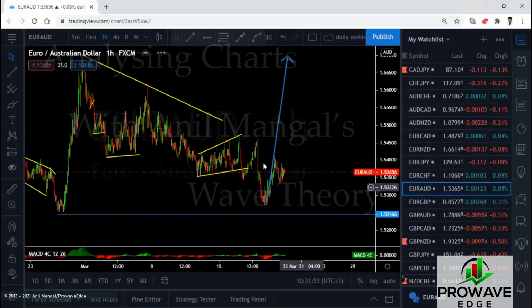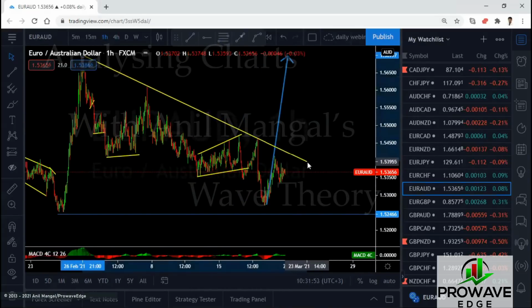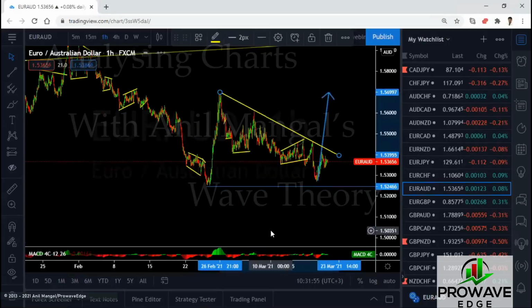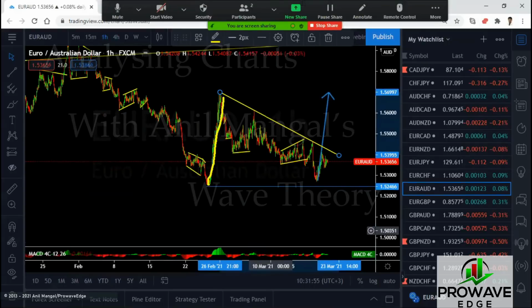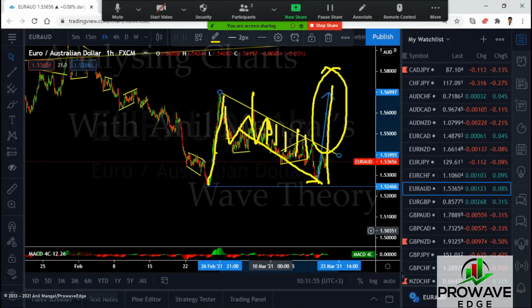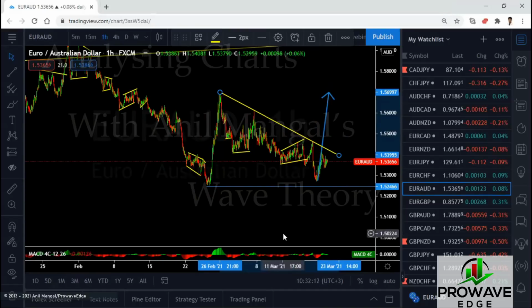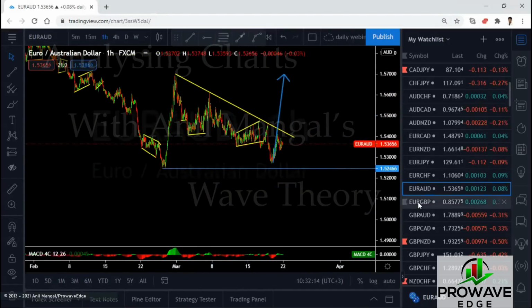Euro-Aus, we're looking for buy setups. It's a flat. You'll probably just get a flat and downside. You get the sharp one, you get consolidation. And we're looking for this to go. We were expecting some move from here. They never went. They came very low. And this one could still come here, but you're in consolidation, right? So we want the impulse to the upside, which is this sharp one. Wait for it. We don't have a trade set up on it yet.